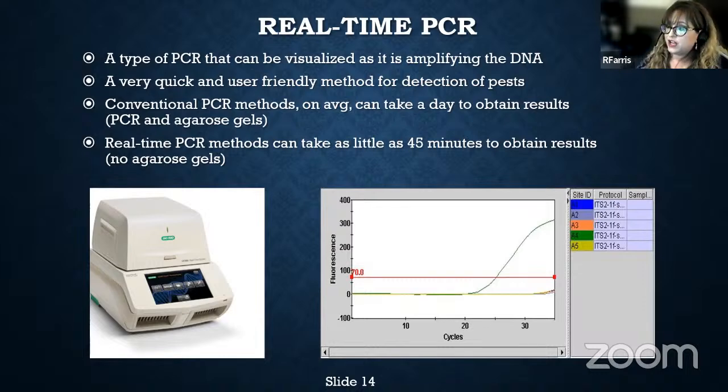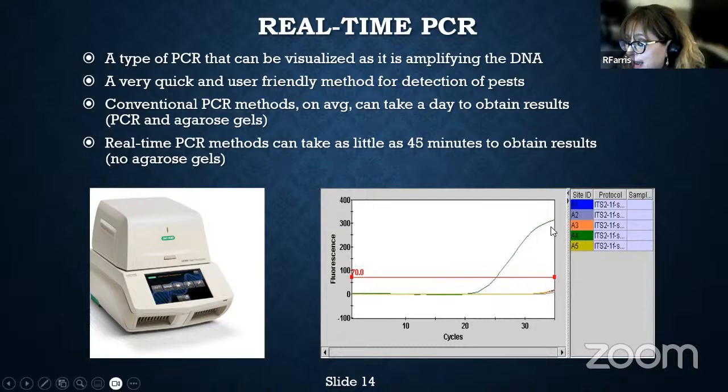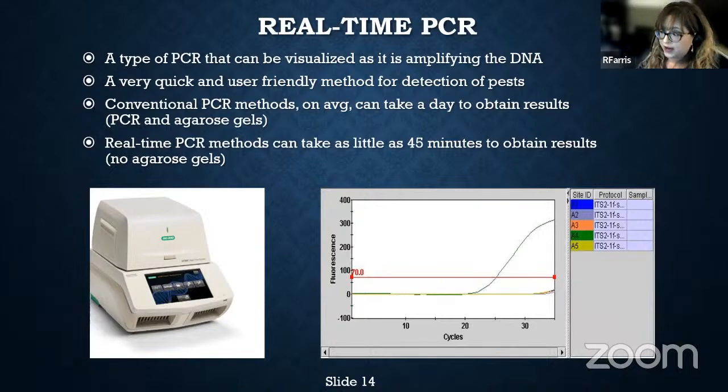But the difference is that the probe has on it a fluorophore that will fluoresce upon DNA amplification. So the advantage of using real-time PCR is that you can visually see when your DNA is being amplified as it's happening. Unlike conventional, where you sit and wait 3 hours and you have no idea what's happening, you have to wait the 3 hours and then load it on a gel to be able to visualize it and see whether or not it worked. With real-time PCR, that eliminates the need to wait as long as the 3 hours, and it eliminates the need of having to perform a gel electrophoresis.